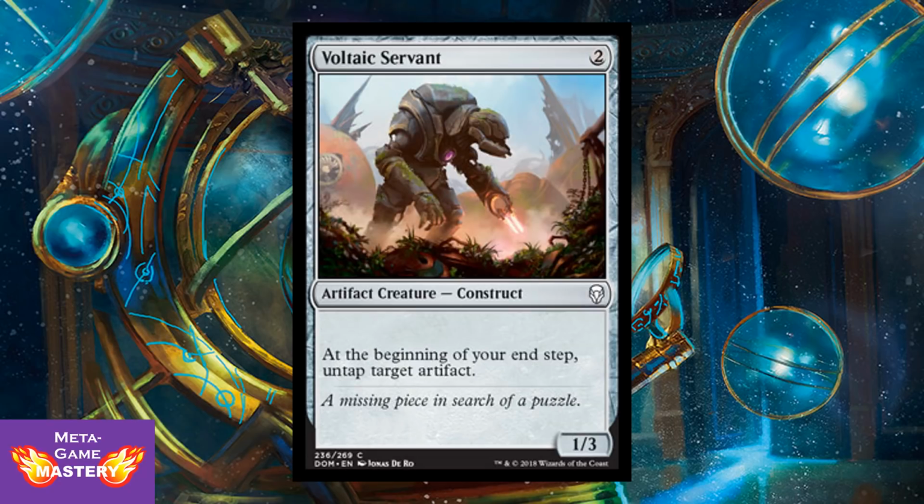Voltaic Servant is 2 colorless mana for a 1/3 artifact creature construct. At the beginning of your end step, untap target artifact. So there's potentially a lot of value to be had here with, say, your Gilded Lotus, with cards like